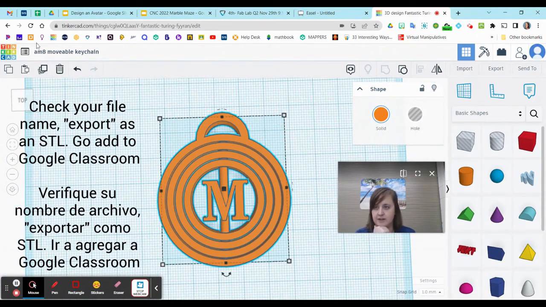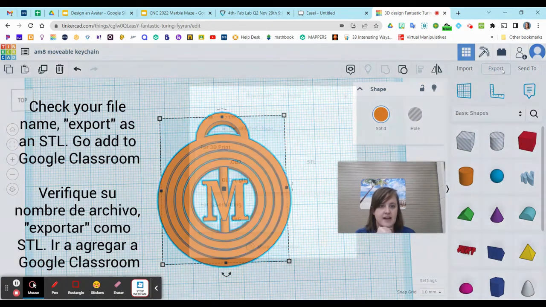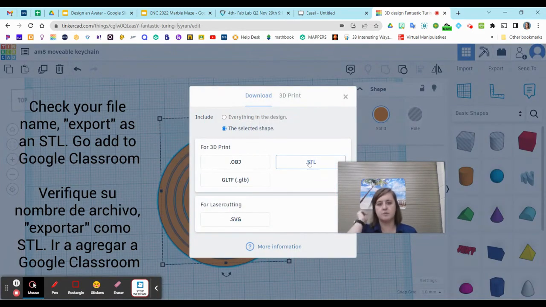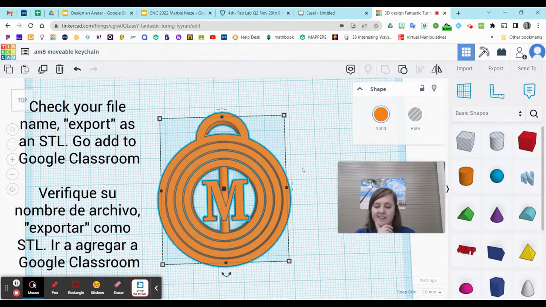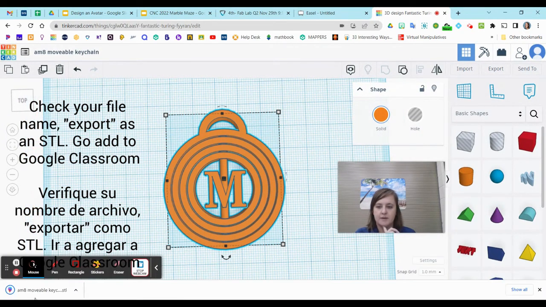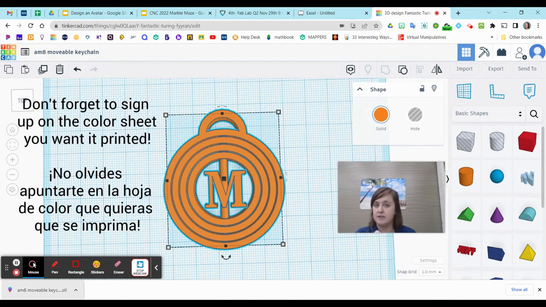I've already named it, so we're good there. I'm going to click on export. We are going to export as an STL. And then if you have your downloads popping up, yep, there it is. It comes down to the bottom of my screen. I can now go add that into Google Classroom where we submit our 3D print items, and then I can sign up on the sheet so that I get it printed out